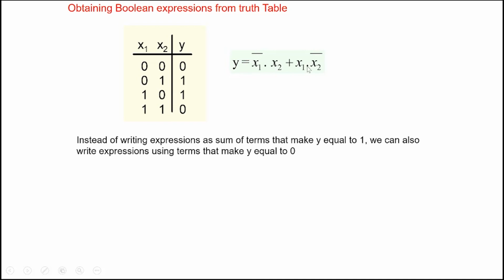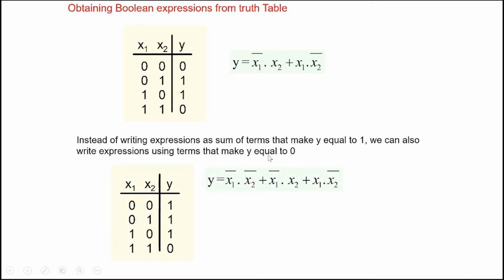So instead of writing expressions as a sum of terms that make y equal to 1, we can also write expressions in a fully complementary way. Here we are writing a Boolean expression by looking at when y is equal to 1. Well, you could also do it by asking when y is equal to 0. So for example, if you focus on when y is equal to 1,